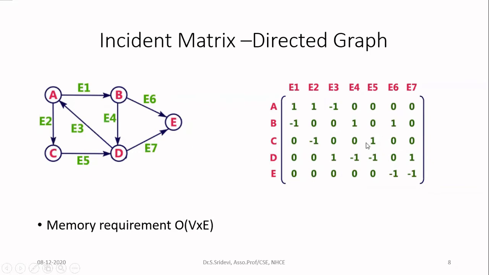Then I will see here for E5 I have 1. Since I have +1, it is the outgoing edge. So E5 will now be connected to C as an outgoing edge and the remaining will not be connected. So if NA is given, you should be able to convert that into the other one.